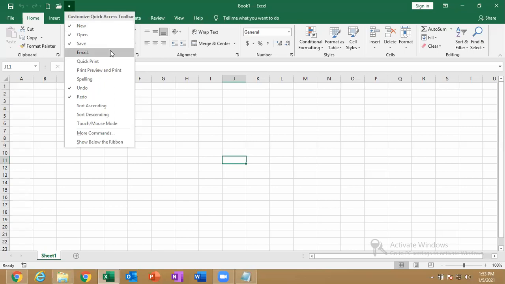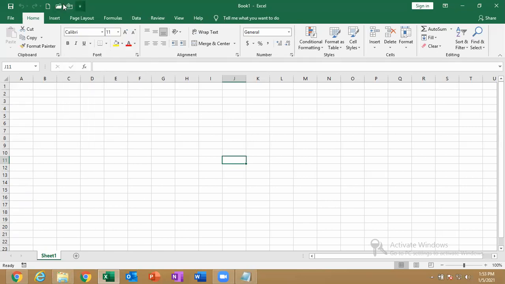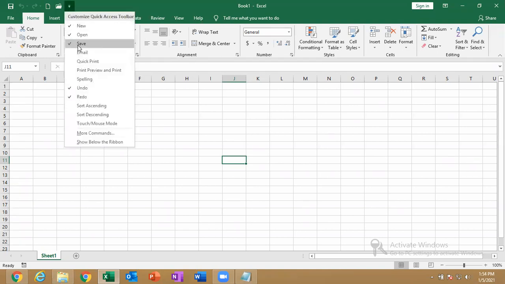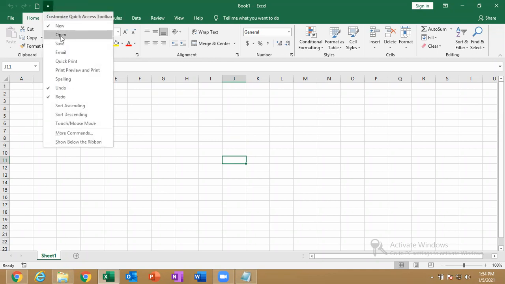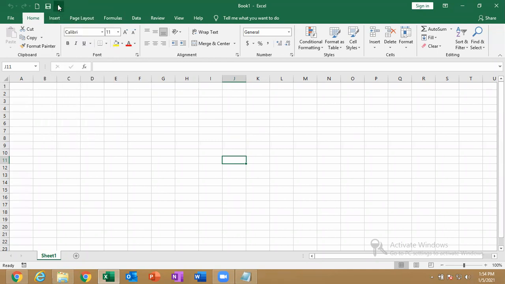Whichever tools you want, you just enable, and it will be pinned here. Whenever you don't want one, just click here and untick it, and it will be removed. Like this.